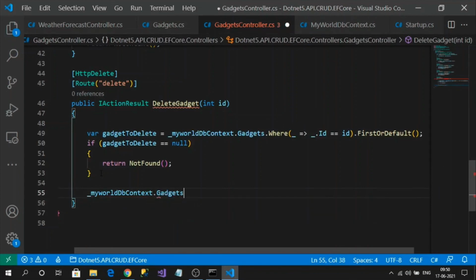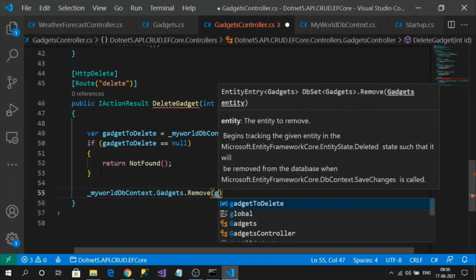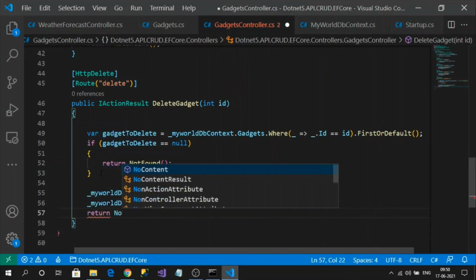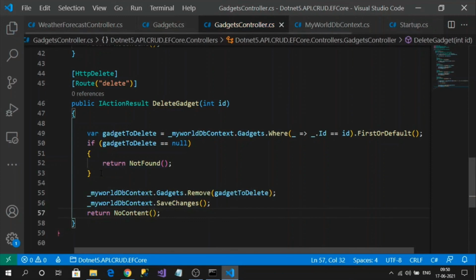To do that, on gadgets you can use a method like remove, pass the gadget to delete, and call save changes. And finally, we can return no content. 204 means successful. So that's our delete operation.